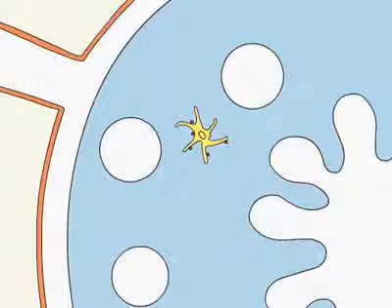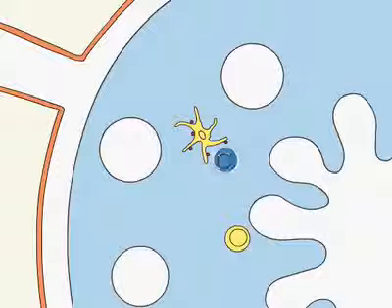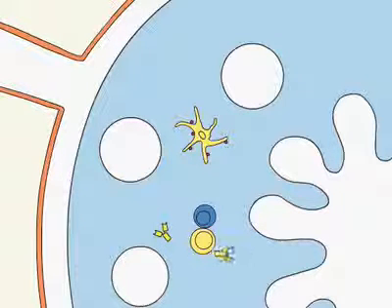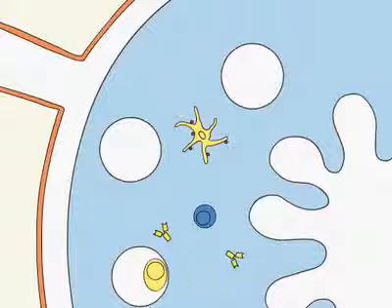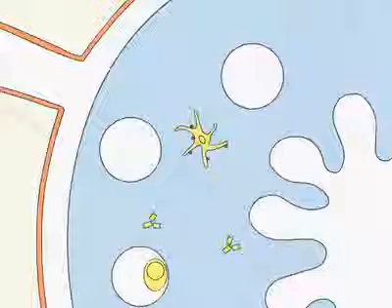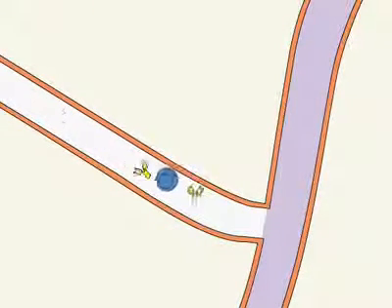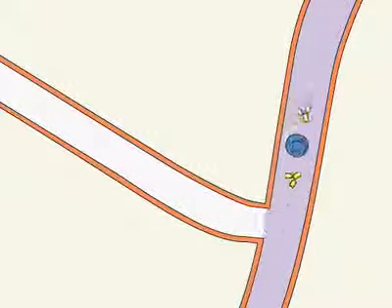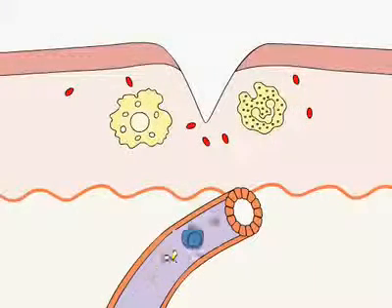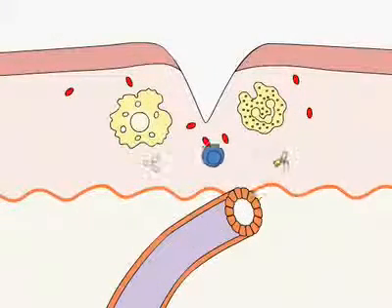In the lymph node, T cells are activated by antigen presented by the dendritic cells, and in turn activate B cells to secrete antibody. Effector T cells and antibody molecules return to the circulation. They leave the circulation again at the site of infection, where inflammatory mediators have induced changes in the blood vessel